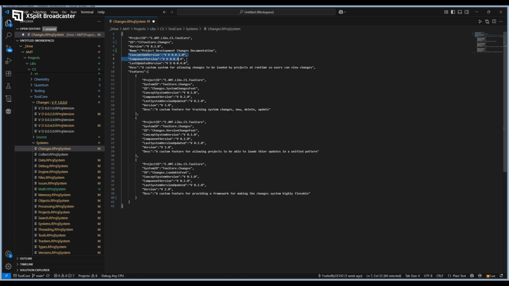So we keep track of the versioning to better understand how it's being handled, a description, and then its features are each documented separately. That way it can all be handled together. This will be used alongside your code and your versioning when the project toolkit is finished